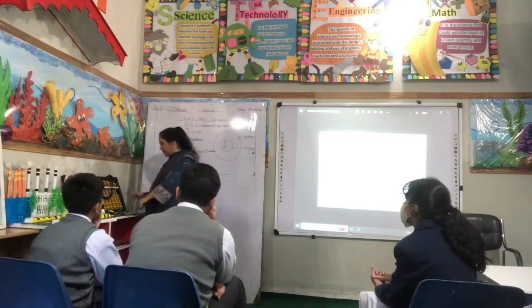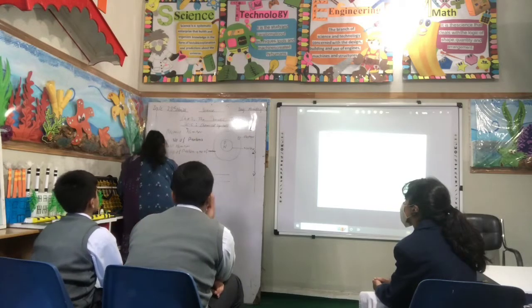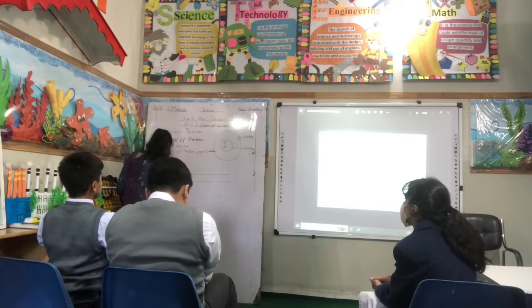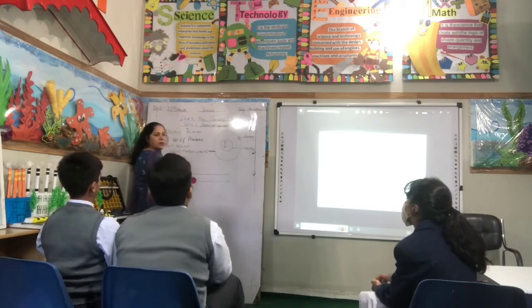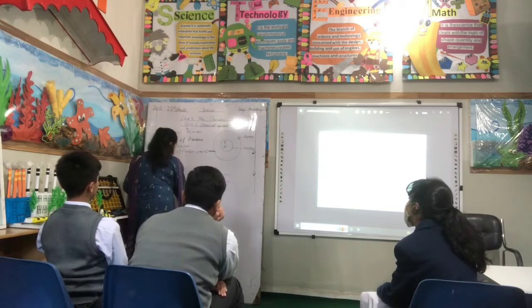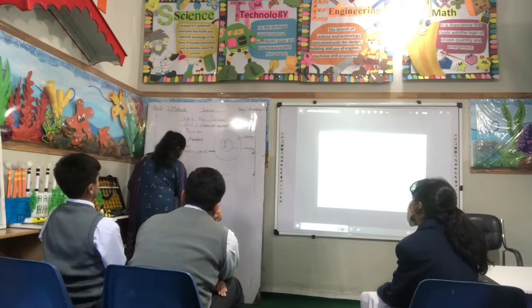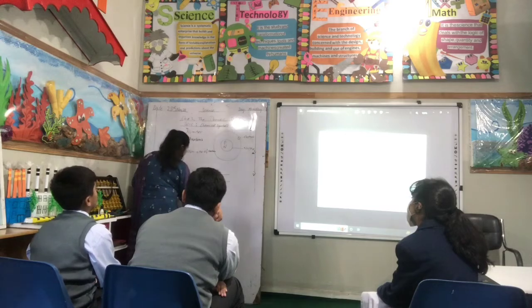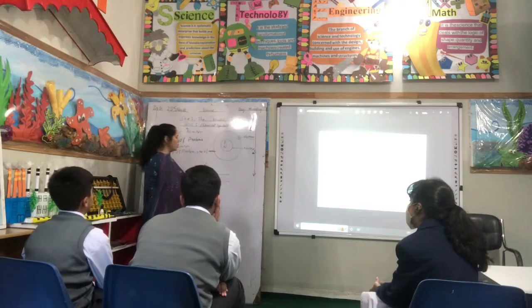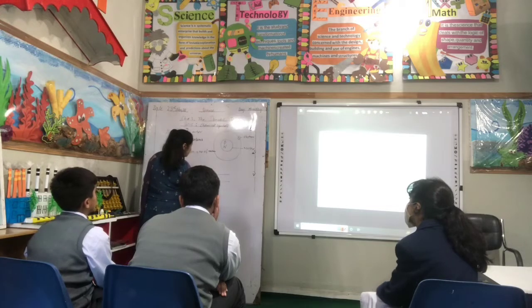Now let us take the example of hydrogen first. Here we write hydrogen. I am making a table. This is the element, I will write only the symbol. Then the atomic number. No need to write the mass number, just the atomic number, because we are talking about structures. Atomic number, then number of electrons